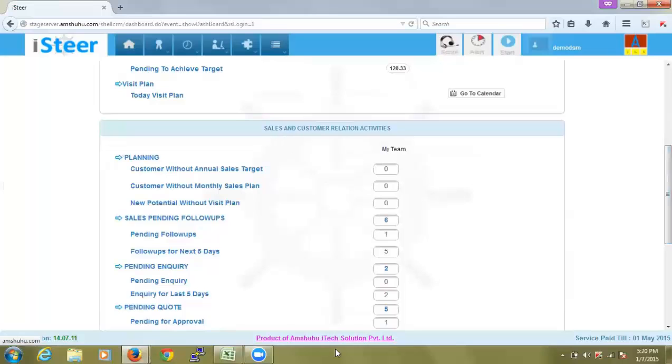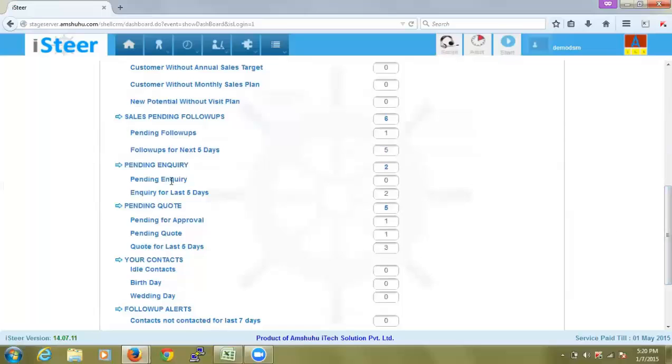Now this is similar to what the DSR had: the planning, the customers without annual sales target, the customers without monthly sales plan, and new potentials without any visit plans. We are also trying to get the details for the customers with annual sales target but pending approvals, and approvals for all the 3 line items for the manager's sake.